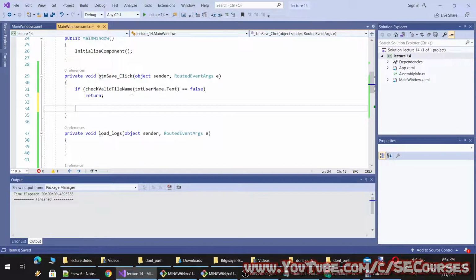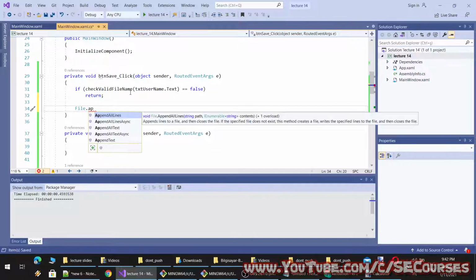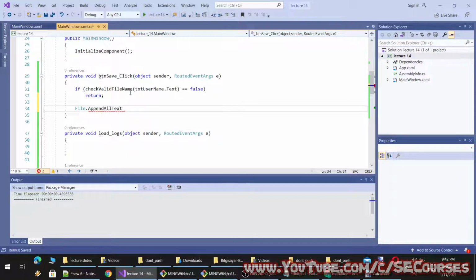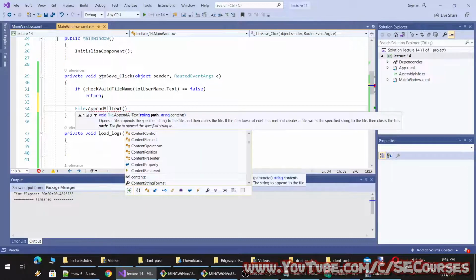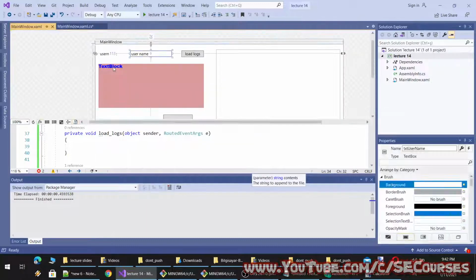And if it is valid, what we are going to do is File.AppendAllText. Before appending, or I don't even need to. Did we give a name to the text block?